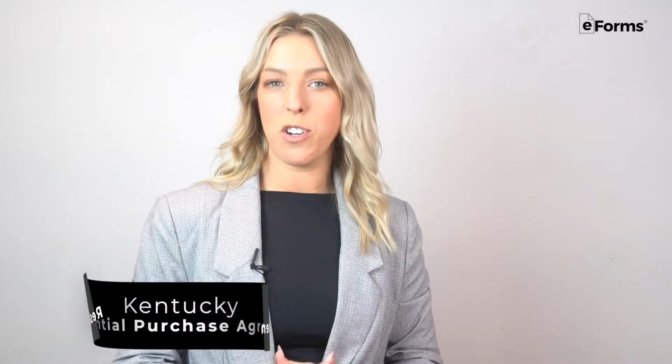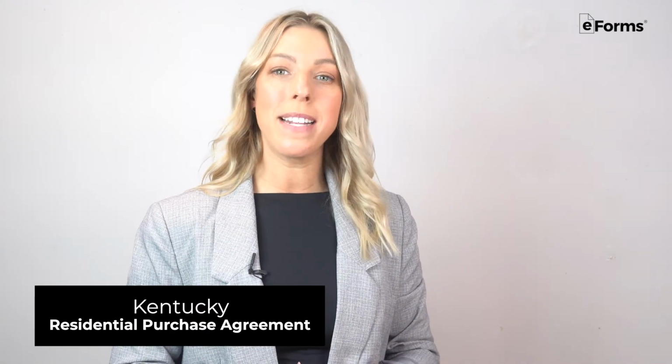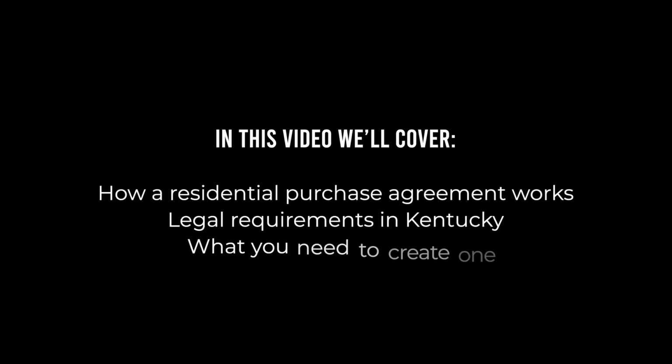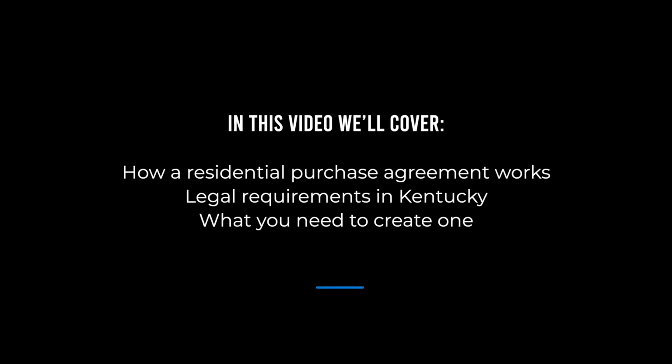A Kentucky residential purchase agreement contract legally binds the buyer and seller of a residential property to the terms and conditions of the transaction. It states the purchase price, the financing, closing date, and the rights and responsibilities of both parties. In this video, we'll cover how a residential purchase agreement works, the legal requirements in Kentucky, and what you